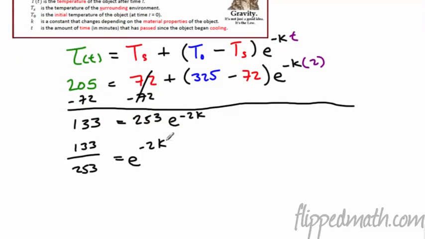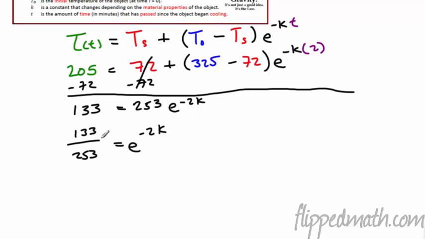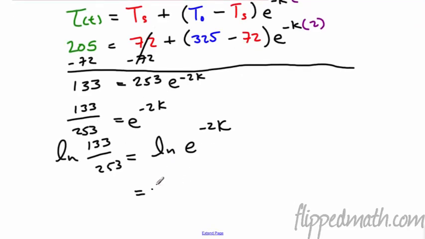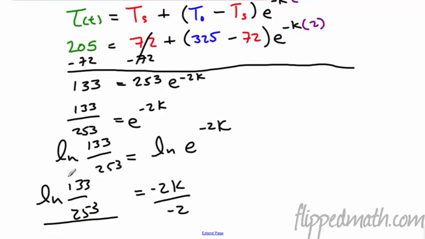Okay, so I worked it through to this point here. You can kind of follow my work. We get 133 over 253 equals e to the negative 2k. I'm going to take the natural log of both sides here. That seems like a smart thing to do, because if I take the natural log of e to the negative 2k, remember natural log is the exponent I use on e to get e to the negative 2k. That's just going to be negative 2k. And so that's going to equal the natural log of 133 over 253. We have to divide that by negative 2. So whatever that quantity is right there, we divide it by negative 2. Hopefully you get the same thing I get, K equals